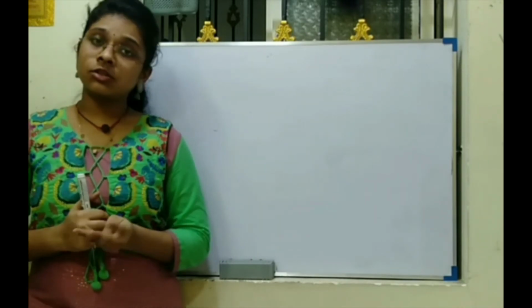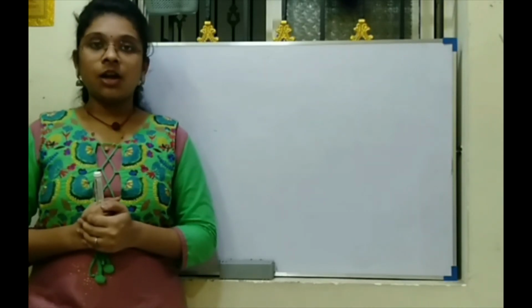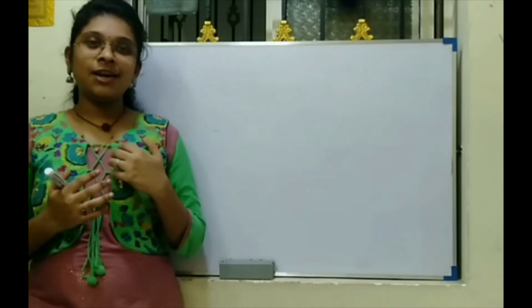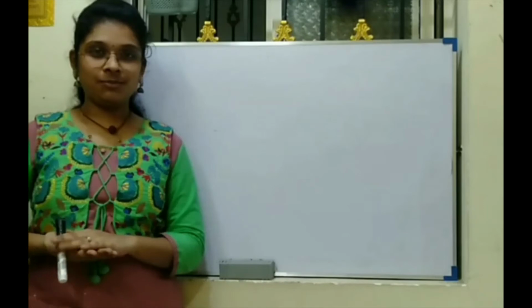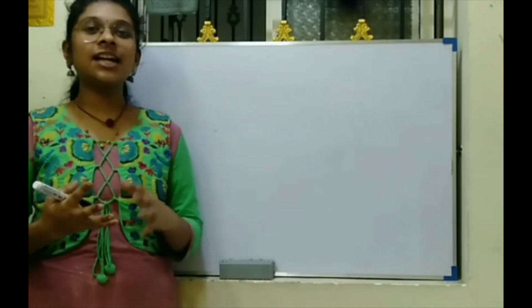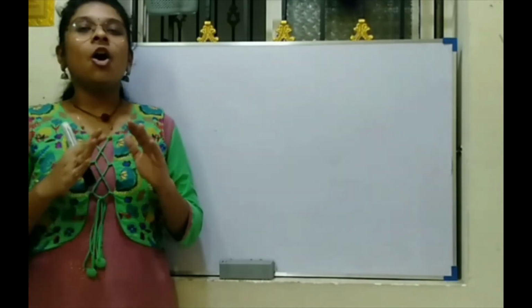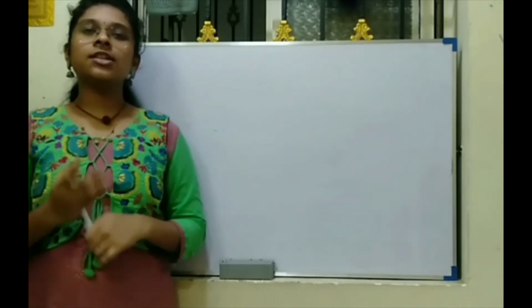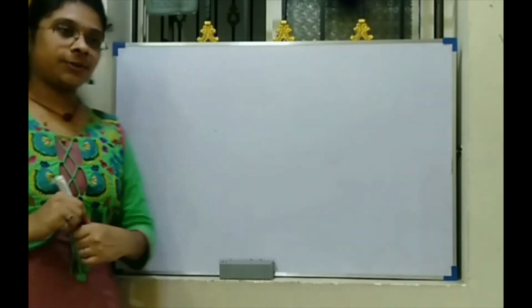Why are we finding total surface area instead of lateral surface area? Because a sweet box is covered on all the sides. No, we can't buy when it is open at the top or bottom, right? So it is covered. It is clear that it is covered on all the sides. So it is obviously total surface area of the box. So what is the total surface area of the bigger box? So let's find out.